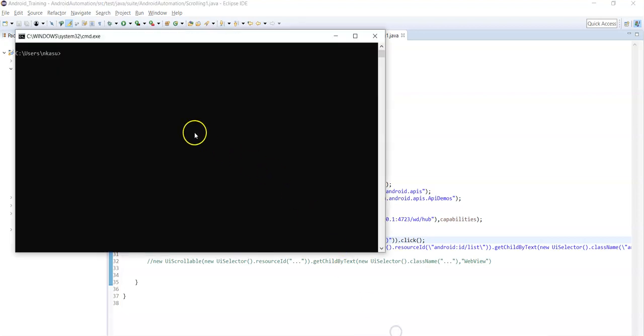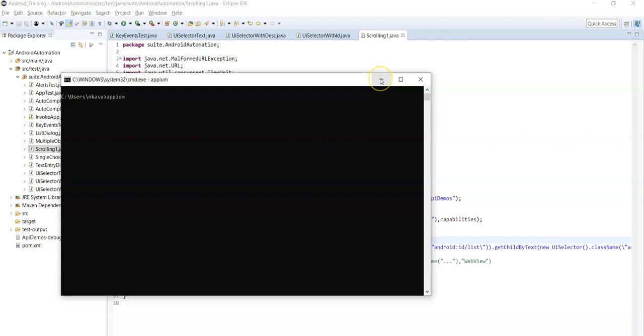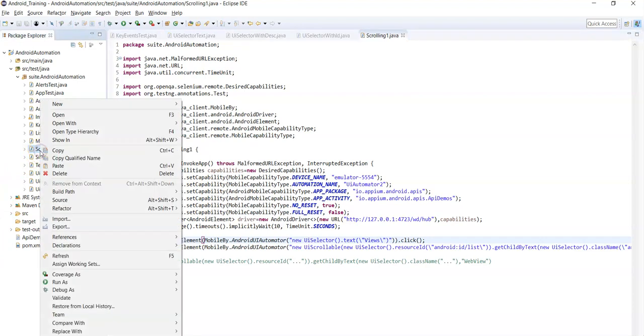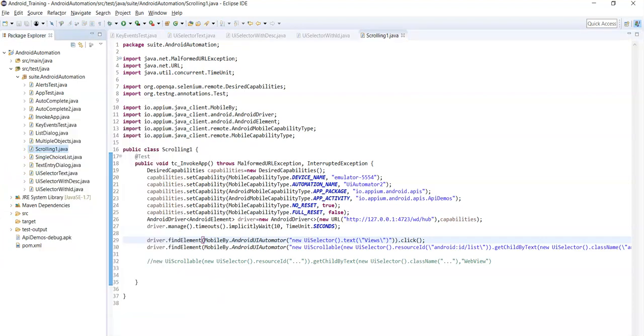Before that you need to start the Appium server. The Appium server is started successfully. Now let's run the script. Right click on the class name, run as TestNG test.